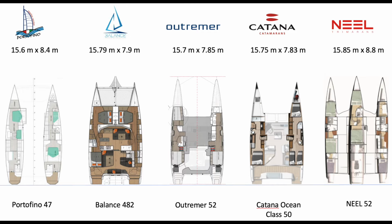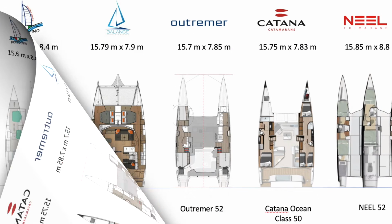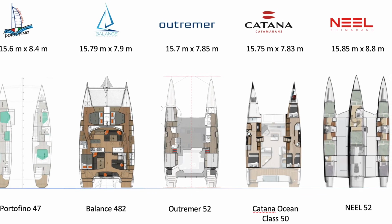The Portofino 47, you've got a little bit wider hulls there, so we'll see how that works with the numbers, but wow, you've got a nice athwartship berth in the front on the owner's side, just like in the Balance, and out of the back end of the aft head, you've got walkout access onto the sugar scoops. I mean, there's some cool stuff there, but overall, there's your NEEL 52, and here is your NEEL 52 layout